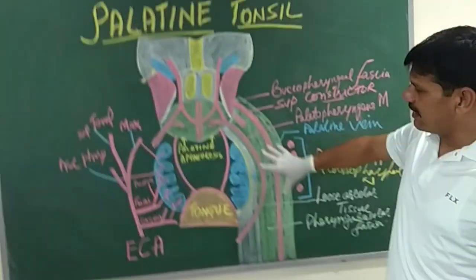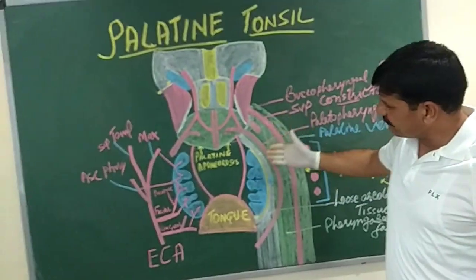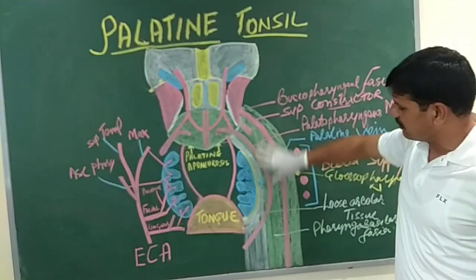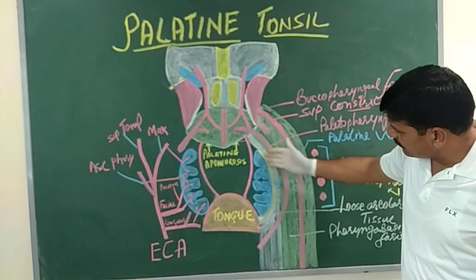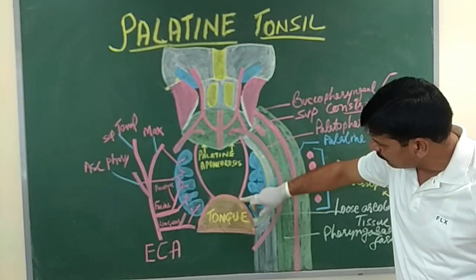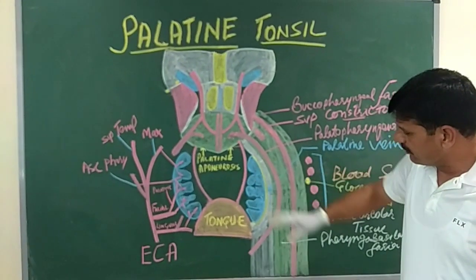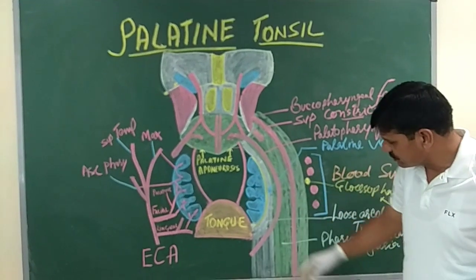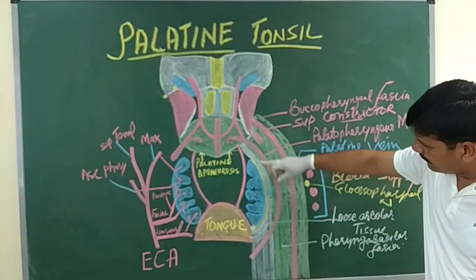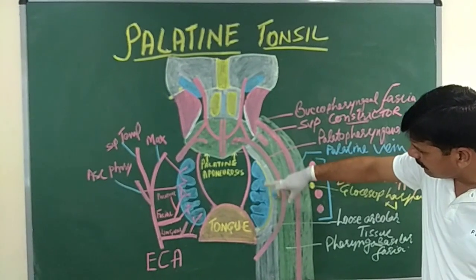Now the lateral surface, we move on with the diagram. For the lateral surface of the tonsil, this is the soft palate, and I have tried to make a hemisection of half of the part. So this tonsillar fossa lies between the palatoglossal and the palatopharyngeal arches. The tonsil is covered by this hemicapsule, which is the continuation of the fascia. This is known as the hemicapsule of the tonsil.